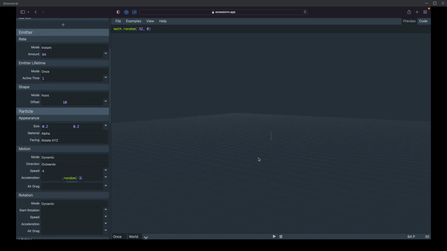Switch that to negative 32 to 32, because then you're going to get things going in all sorts of different directions. Yeah, of course, there's that initial speed, but yeah, there we go. Oh, that looks awful. It's just all over the place. Well, it doesn't make for a good explosion, but it does highlight that, again, you can use Molang for almost any field. And that's not just in the simulation. Minecraft does reflect that you can use Molang almost anywhere in the JSON setup for particles.